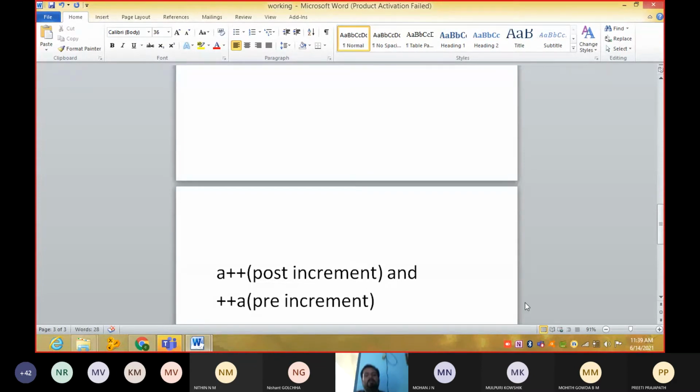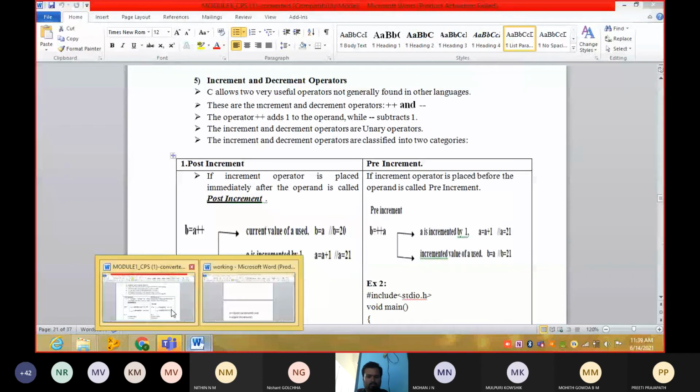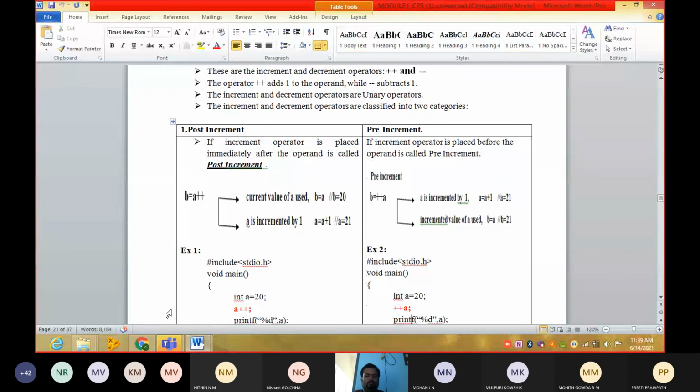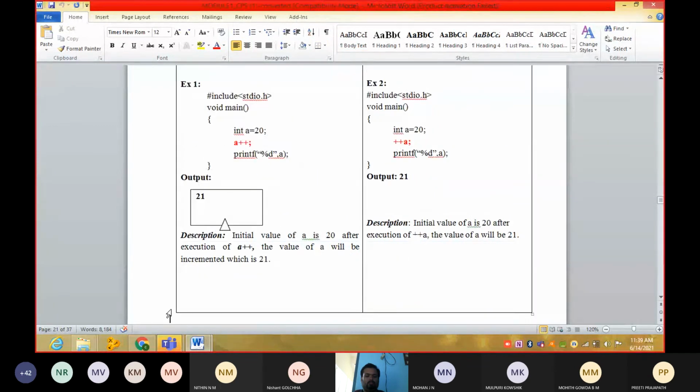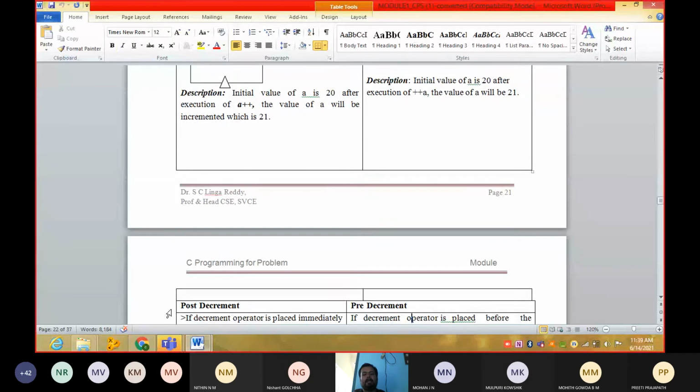A plus plus is post increment, and plus plus A is pre increment. Similarly, post decrement and pre decrement: A minus minus and minus minus A.